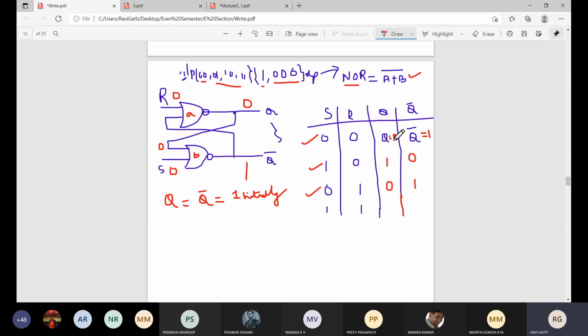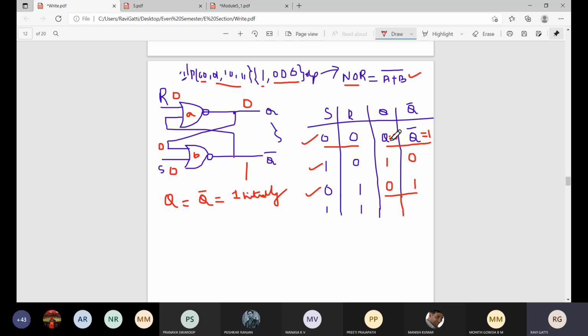Okay, now you see here, carefully observe over here. This is a very, very important step. See, when S is equal to 0 and R is equal to 1, Q output was 0 and Q bar output was 1. Now you have changed the input terminal. S is equal to 0 and R is equal to 0. So you can see whatever the previous value you had, the same value has been returned. So this indicates that when S is equal to 0 and R is equal to 0, whatever output you had in the previous stage, the same output will be retained.